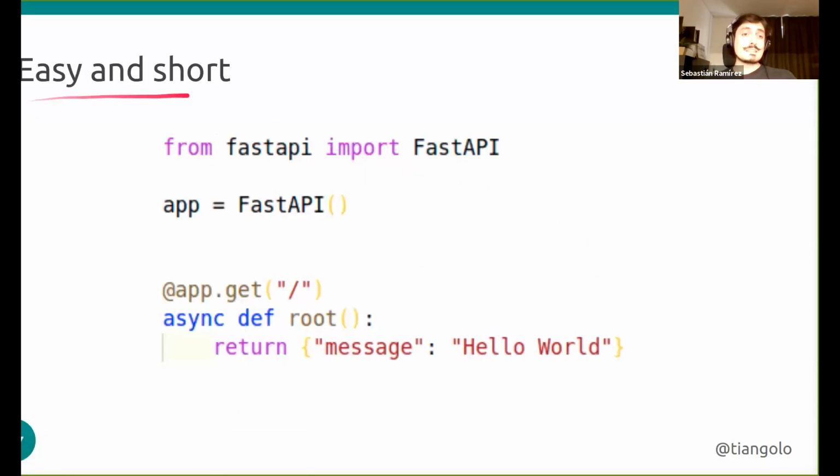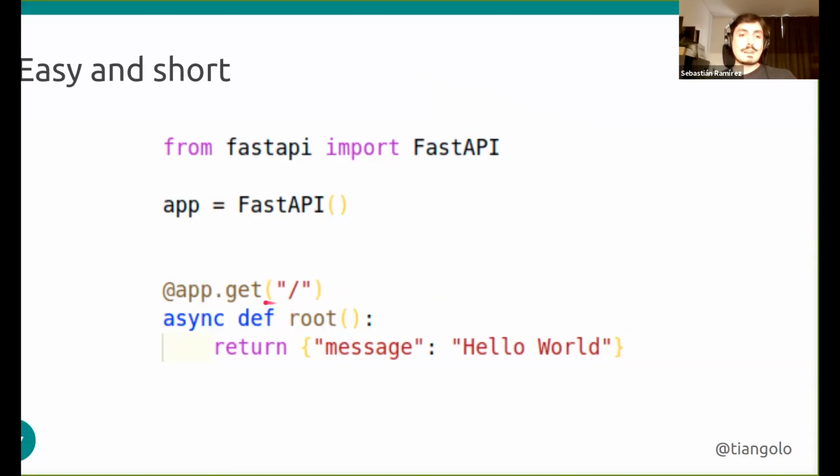So FastAPI is easy and short. It's very simple. This code here is a completely valid FastAPI application. We just have to, from fastapi, import the FastAPI class. Then we create an application object of type FastAPI. And then we use this @ symbol here. This is a decorator, in case you're not familiar with this. This thing is just modifying the function that is below. In FastAPI, it actually doesn't modify it, it just registers it.